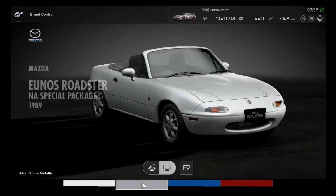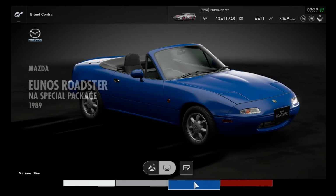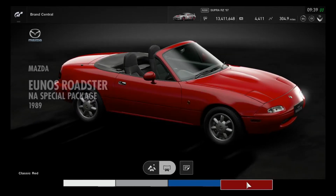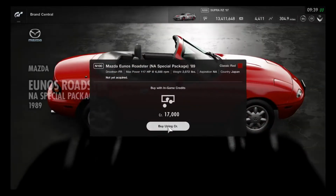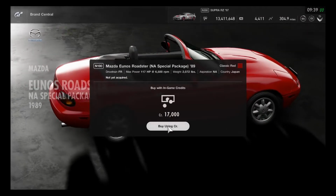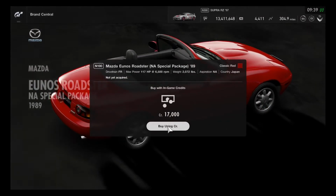So there's Crystal White, Soul Stone Metallic, Marine Blue, and the Classic Red. So maybe the Classic Red is definitely a good choice for the Mazda MX-5. So looks like this is going to be available to buy, and looks like